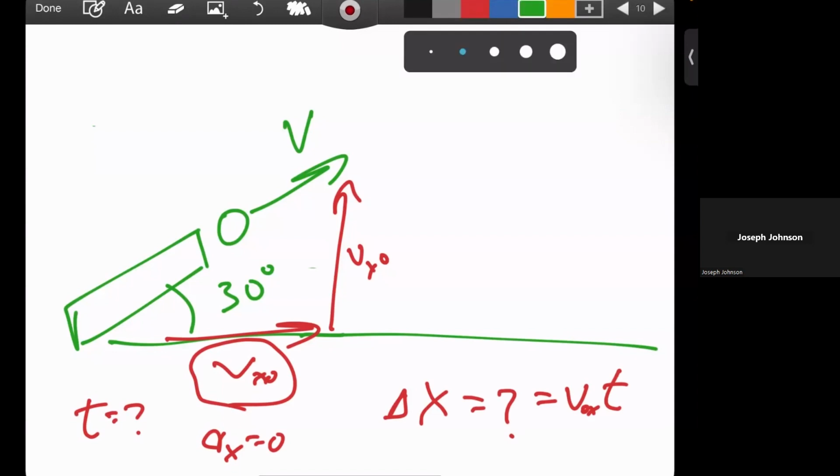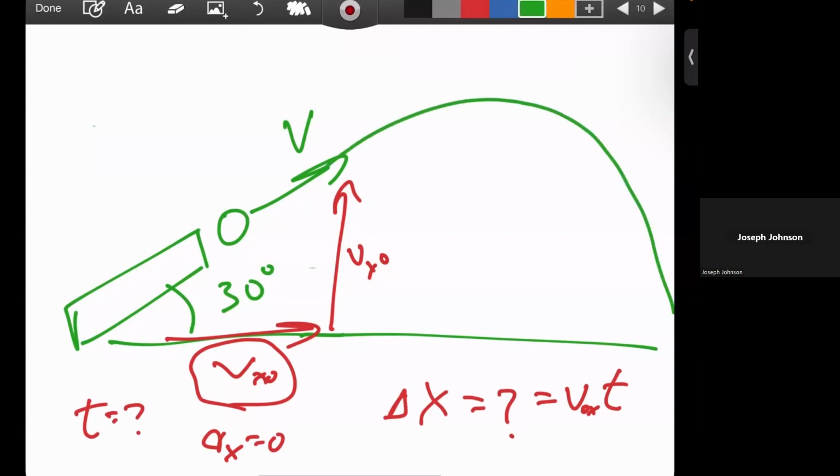Well, I'm not drawing this to scale, but it's going to follow a parabolic path, right? It's going to take half of its time. We're using symmetry to